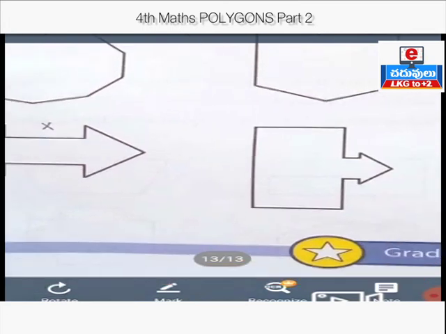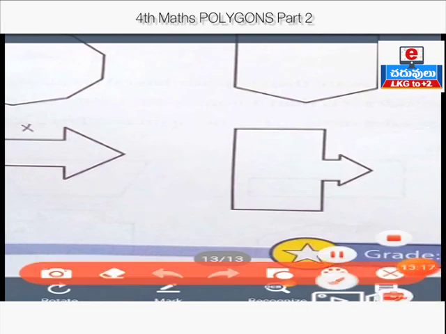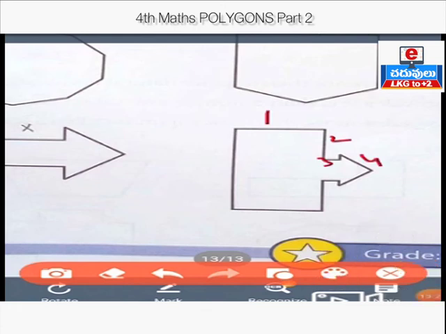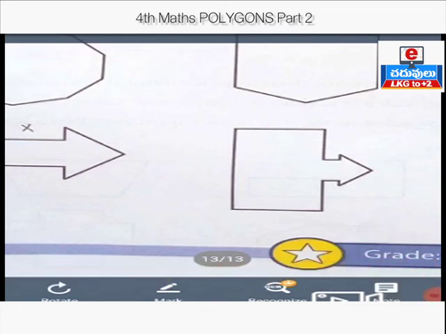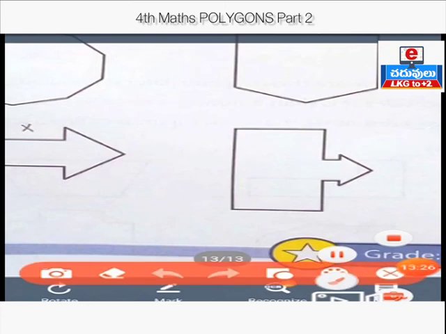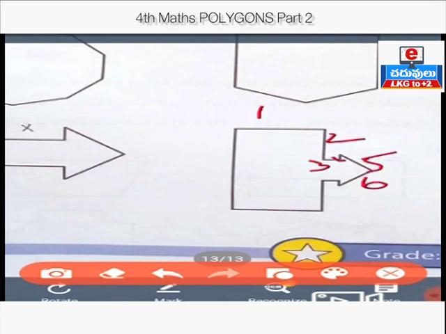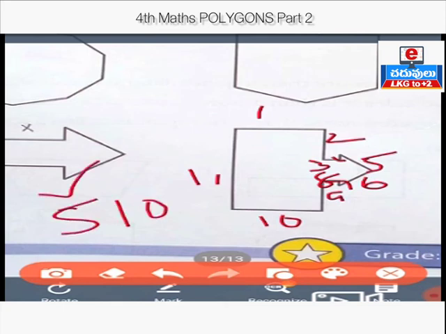Okay. Coming to the next diagram. 1, 2, 3, 4. Sorry, here one more is also there. 1, 2 this line, down 1, 3 and up 1, 4, 5, 6, here 7, here 8, 9, 10, 11. It is 11 there. That's why we do not cross out, we do not tick it. If 5 is there, we can tick. If 10 is there, we can cross out.